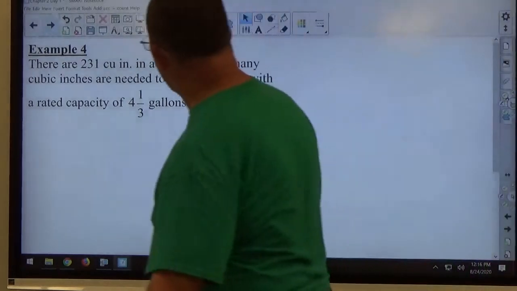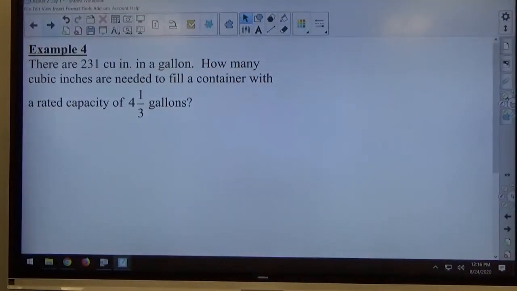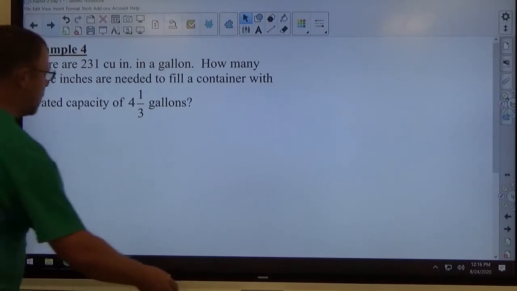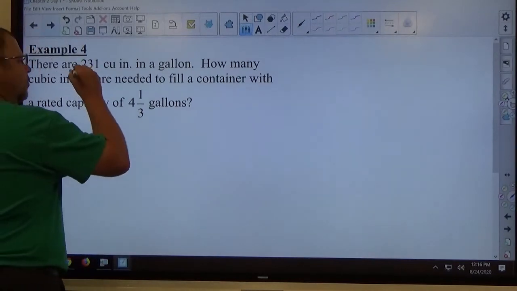Okay, example 4, there are 231 cubic inches in a gallon. How many cubic inches are needed to fill a container with a rated capacity of 4 1/3 gallons? Okay, so this right here,